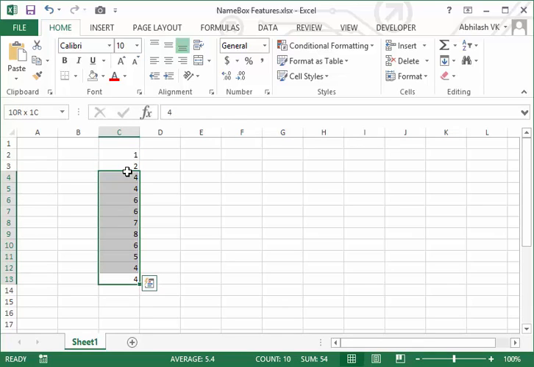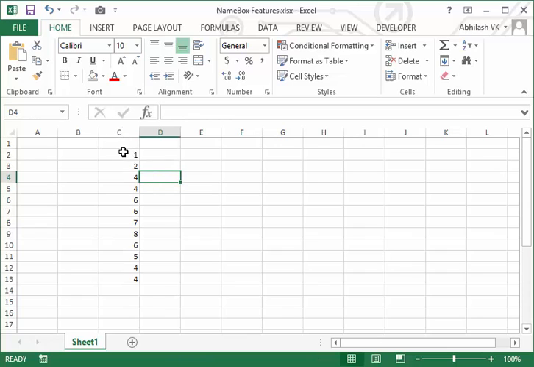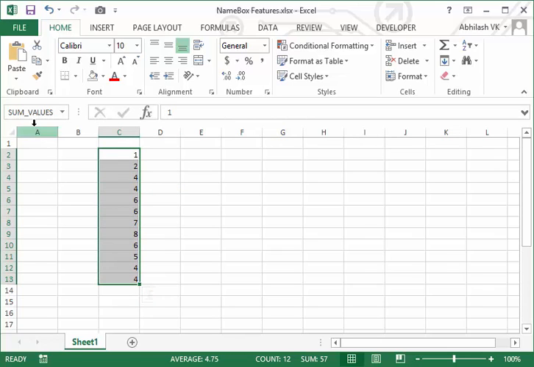Even if you select the whole range from here, see the some values name will pop up, right? So this is how you can assign a name to a particular range using the name box. This is a very simple and easy method.